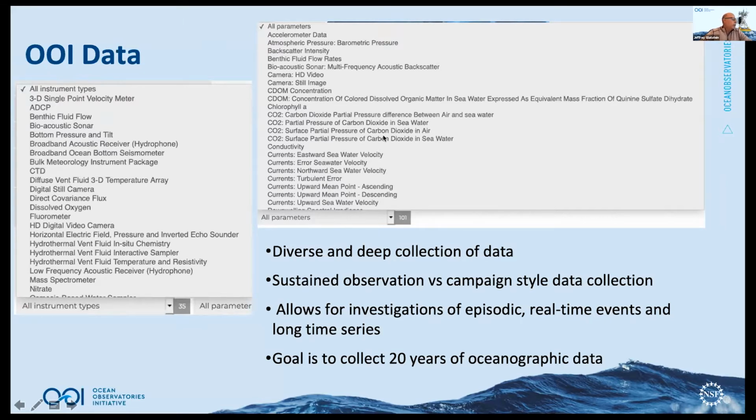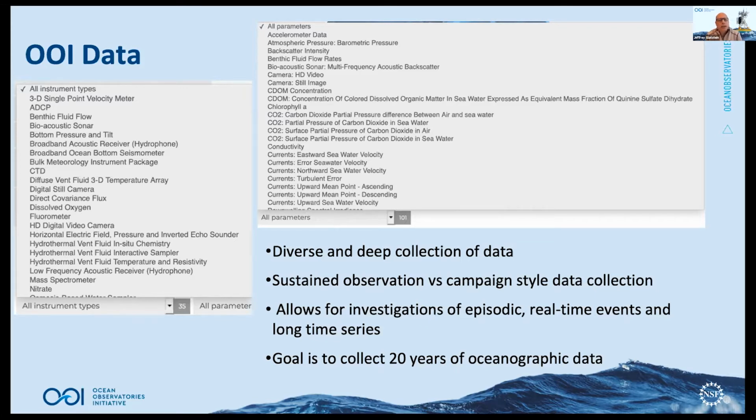So there's 35 instrument types with over 101 different parameters, ranging from CTDs to fluorometers, measuring conductivity, chlorophyll. You have bioacoustic sonar, and you'll see some vent information out there. It's interesting to note that the cabled array has instrumentation on an active volcanic vent, delivering